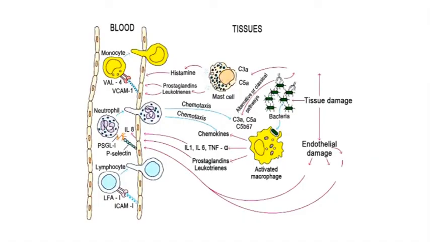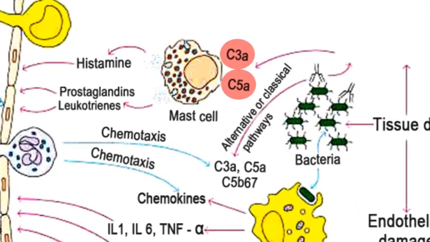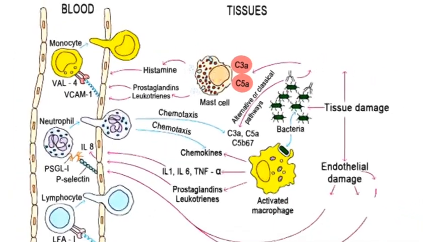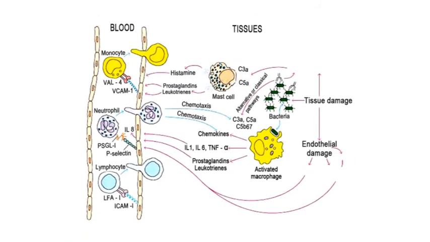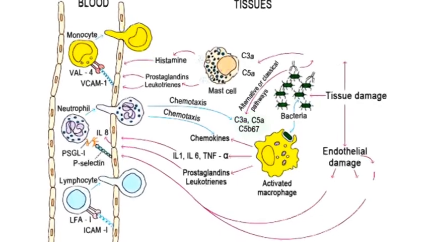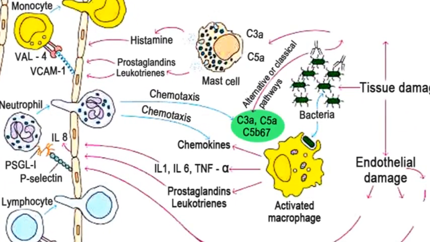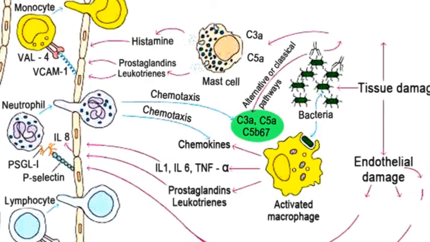Activation of the complement system results in the formation of a number of complement split products that serve as important mediators of inflammation. Binding of the anaphylatoxins C3a, C4a and C5a to receptors on the membrane of tissue mast cells induces degranulation, which causes release of many mediators. These mediators induce smooth muscle contraction and increase vascular permeability. C3a, C5a and C5b67 cause migration of monocytes and neutrophils to the injured tissue. Thus, activation of the complement system results in influx of fluid that carries antibody and phagocytic cells to the site